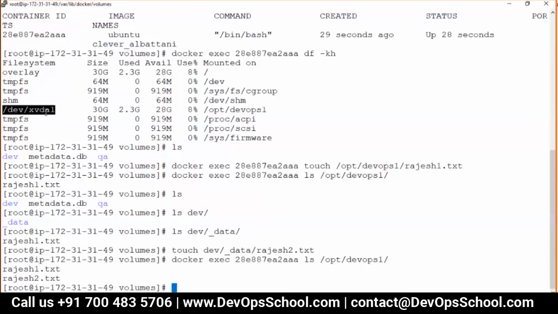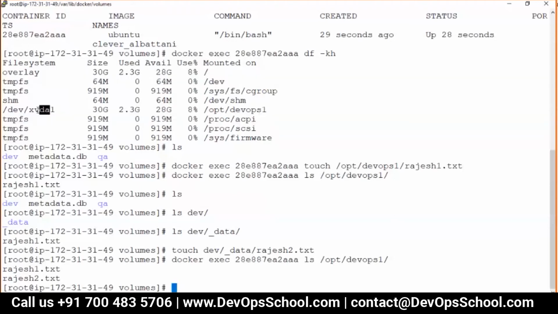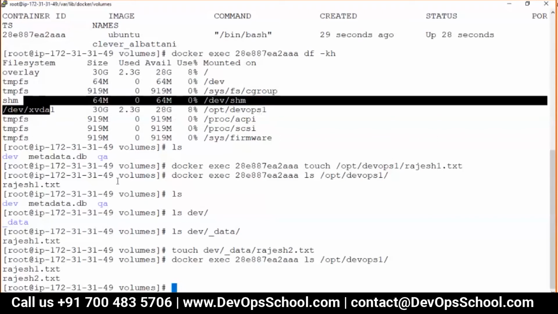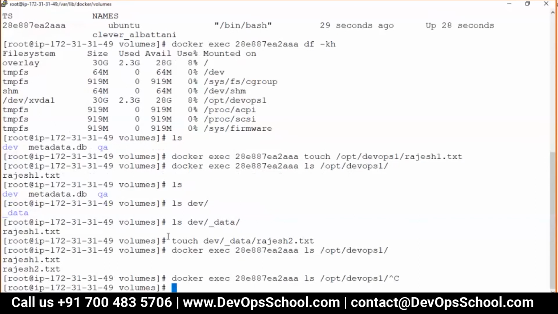This is the kernel level mount. Any volume you create, underscore data will be there, and inside that the content will be stored.